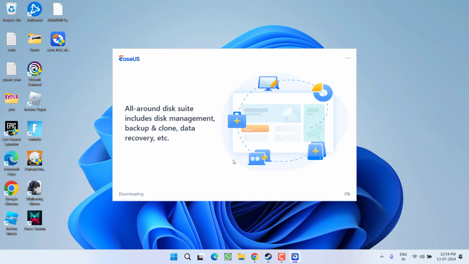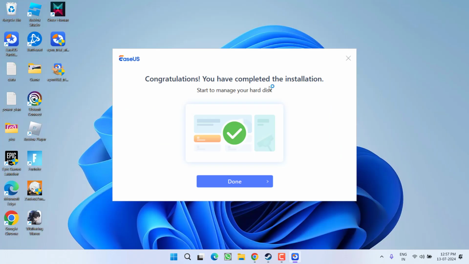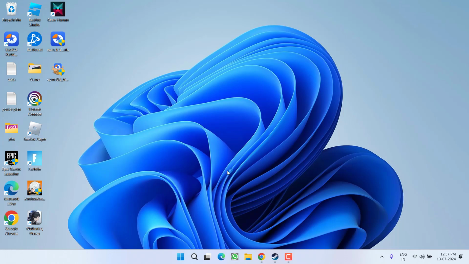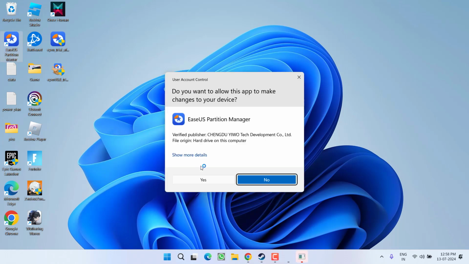Now hit the option install. Proceed with on-screen instructions to install the EaseUS Partition Master on your system. Once the program is installed, hit the option done and launch the program.